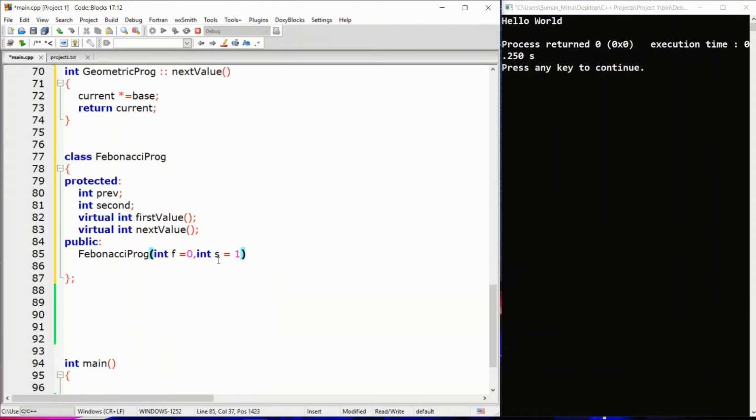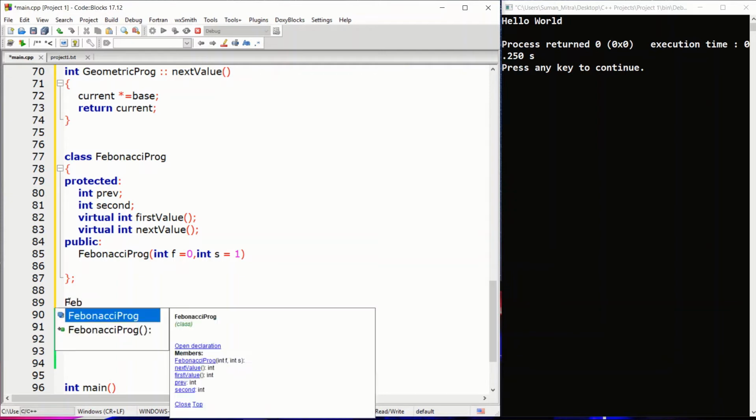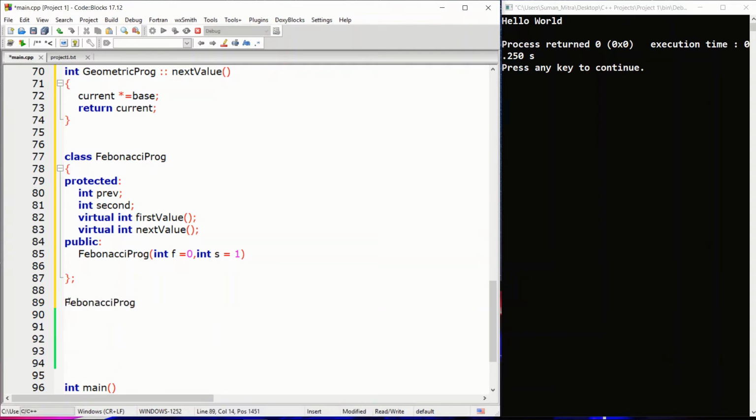The declaration of the class is completed. Now we can just go out of the class and write all the functions related to it. So let's go here and write out the functions. First let's do it for the constructor. So just the name of the class, Fibonacci progression, and the scope resolution, and Fibonacci progression once more, and we'll take two numbers, int f, int s. So first number and second number, and we'll put these inside the values of current and previous.